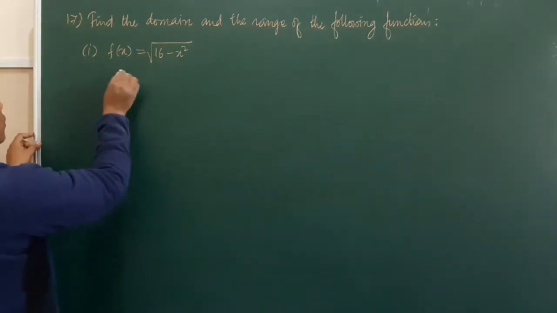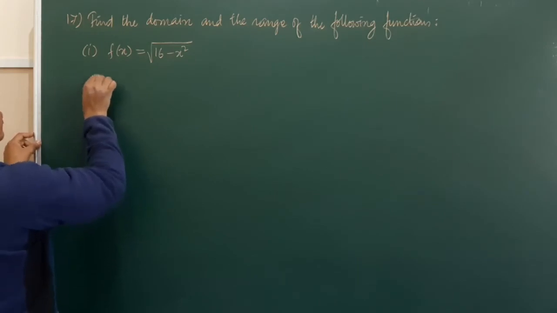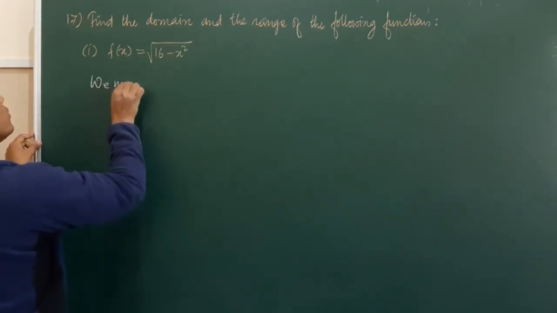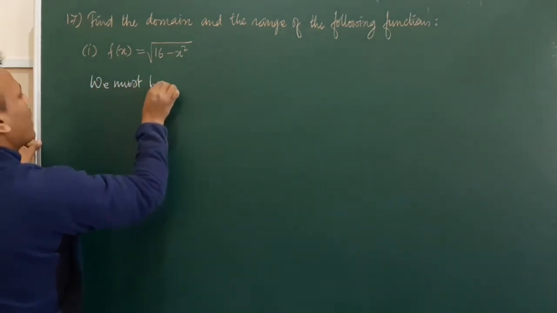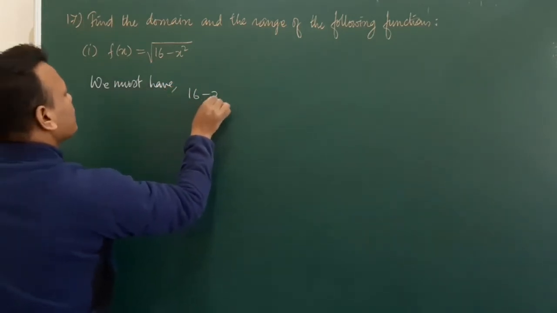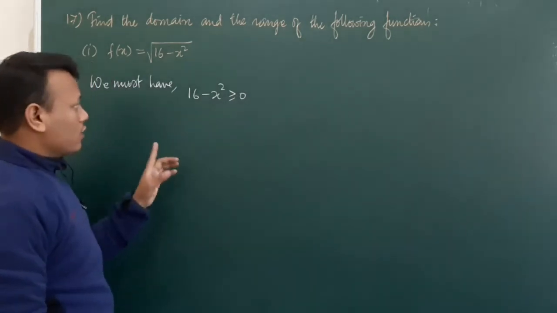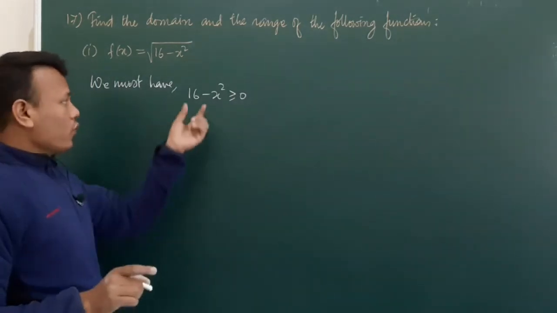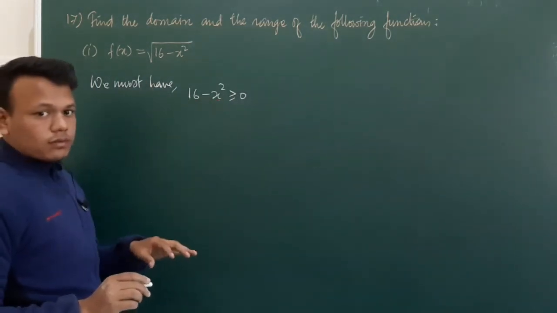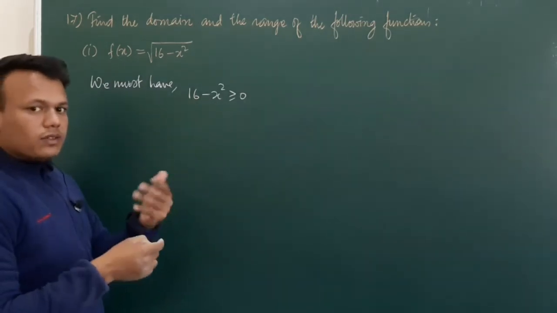So therefore we must have, let me directly write, 16 minus x squared must be greater than or equal to 0. Now whenever you have a quadratic expression, whenever it is linear, that time it's easy, we have already seen,